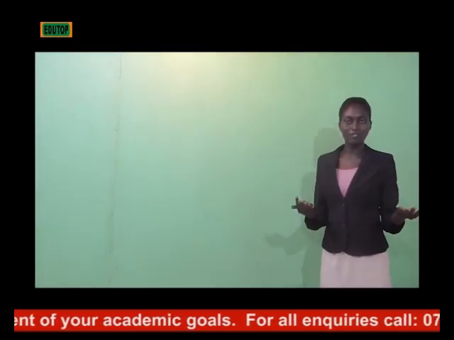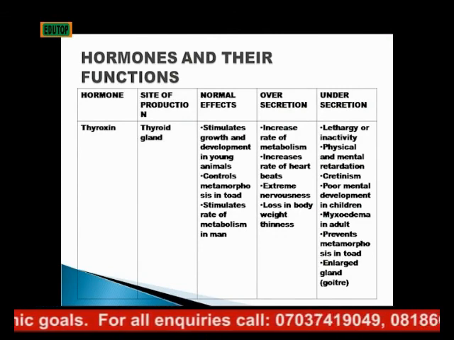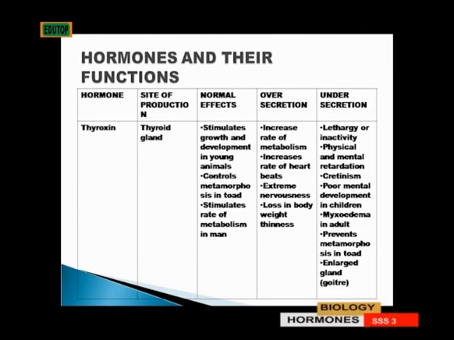So the normal effect of thyroxine is to stimulate growth and development of young animals. Then it also controls metamorphosis in toad. The thyroxine, when it is normally secreted, stimulates the rate of metabolism in man. Now, when you have thyroxine being secreted in excess, it increases the rate of metabolism, then it increases the rate of heartbeat. Like the person is hyper